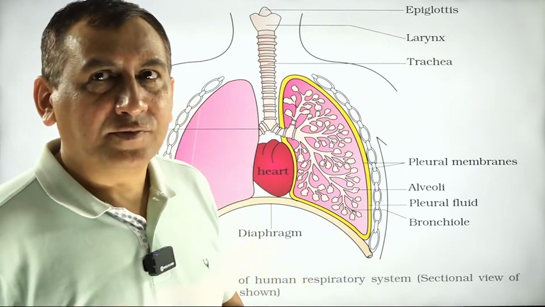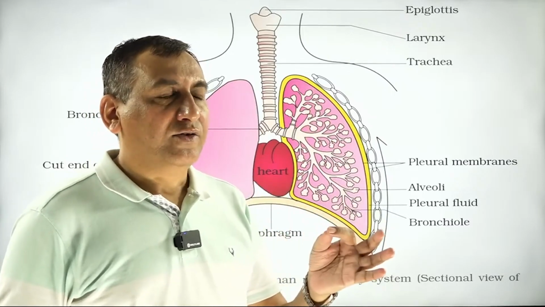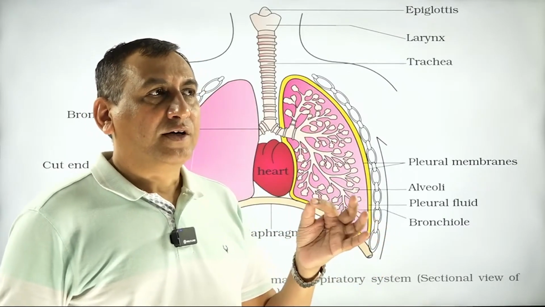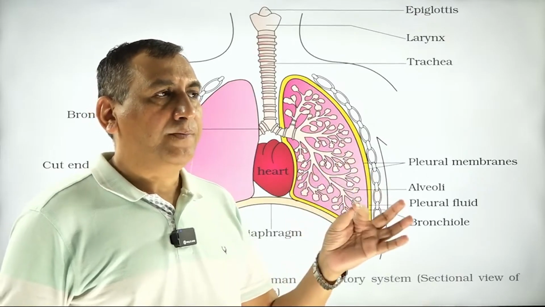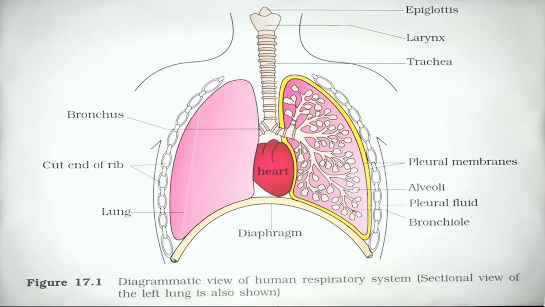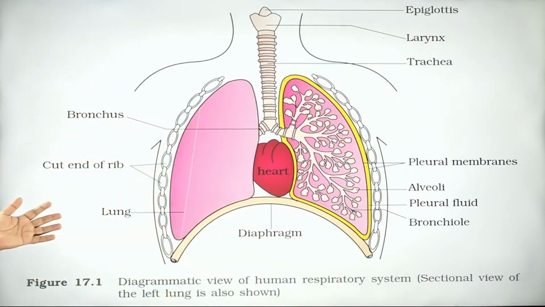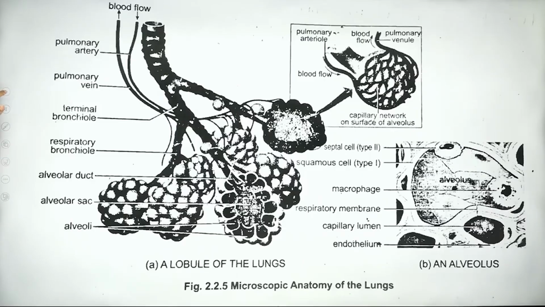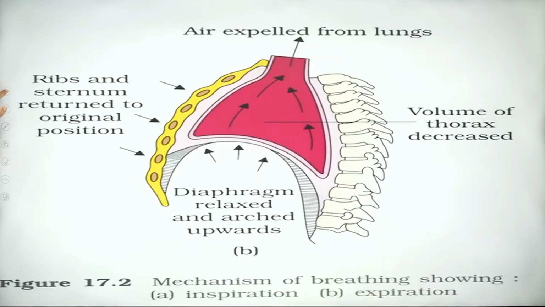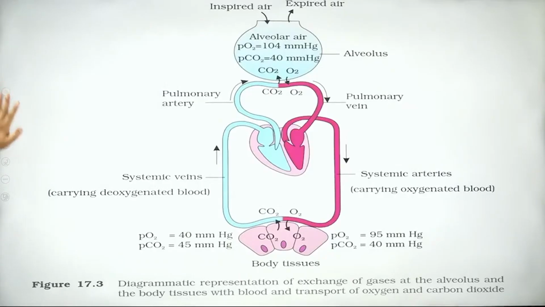What is diaphragm? Is it a bone, a cartilage, or a muscle? What is your answer? Jyoti has given the absolutely correct answer, and Venkata has also given the absolutely correct answer. It is a muscle. So diaphragm is a muscle, and this muscle is dividing the upper cavity from the lower cavity. In the upper cavity, all the structures are present. So all this I said during inspiration, during expiration. This is the one point that you have to remember.